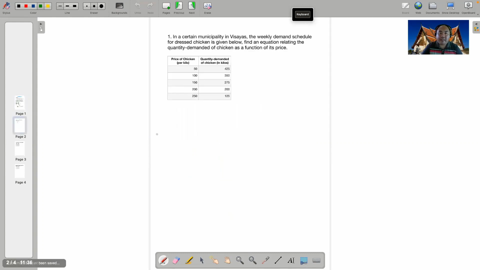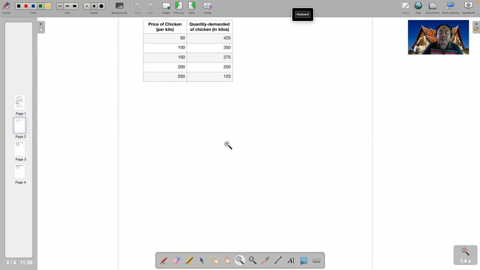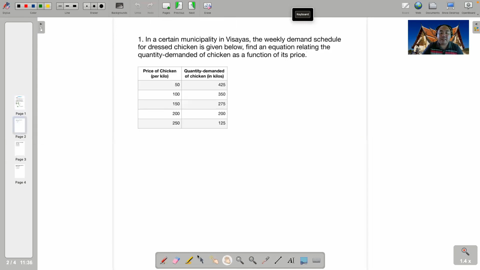So here you have a certain municipality in the Visayas area, which has a weekly demand schedule for dressed chicken given here. And you are asked to find an equation relating the quantity demanded of chicken as a function